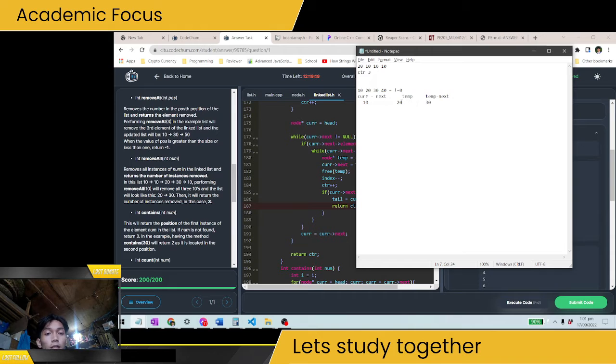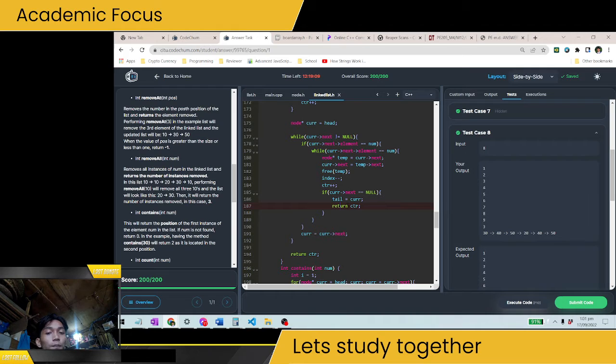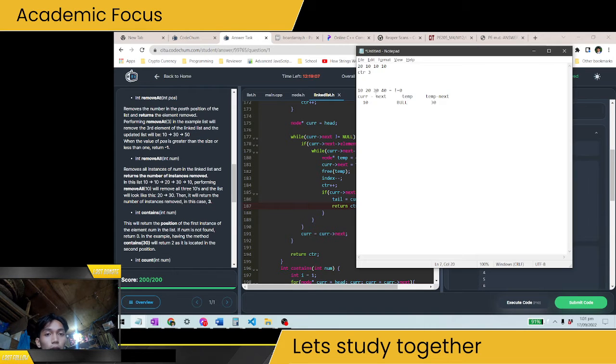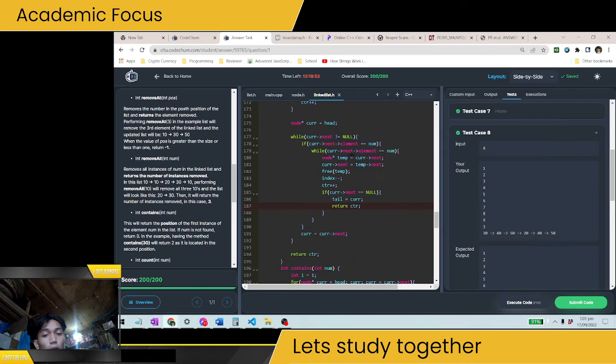If our current next is equal to null, which basically means if our current next, which will be the temporary, is equal to null, we will just be setting our tail to the current, which is this one. This is the current, and the current next is the pointer. So we will just be setting our current to tail. So this would be our tail, and still